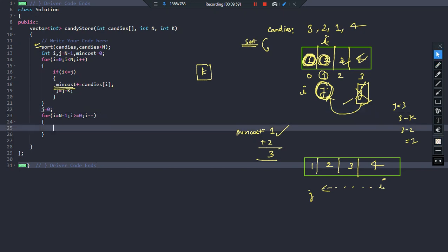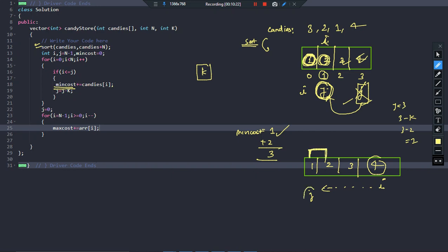Okay, so what I'm going to do, max cost plus equal to array of i. You are going to buy the candy with maximum cost and pick up the cheaper candies for free, a foolish approach, right? So basically I am buying this candy and I will be picking k minimum cost candies for free.